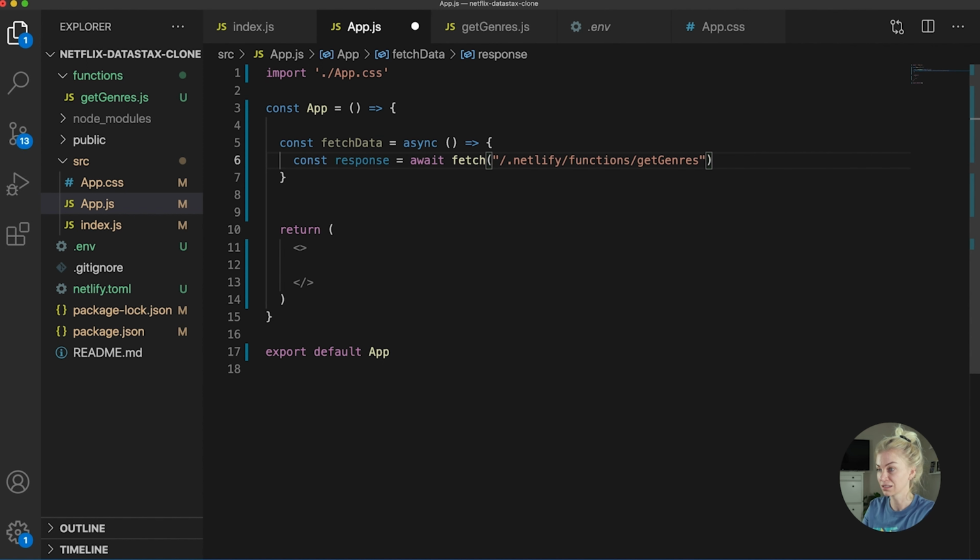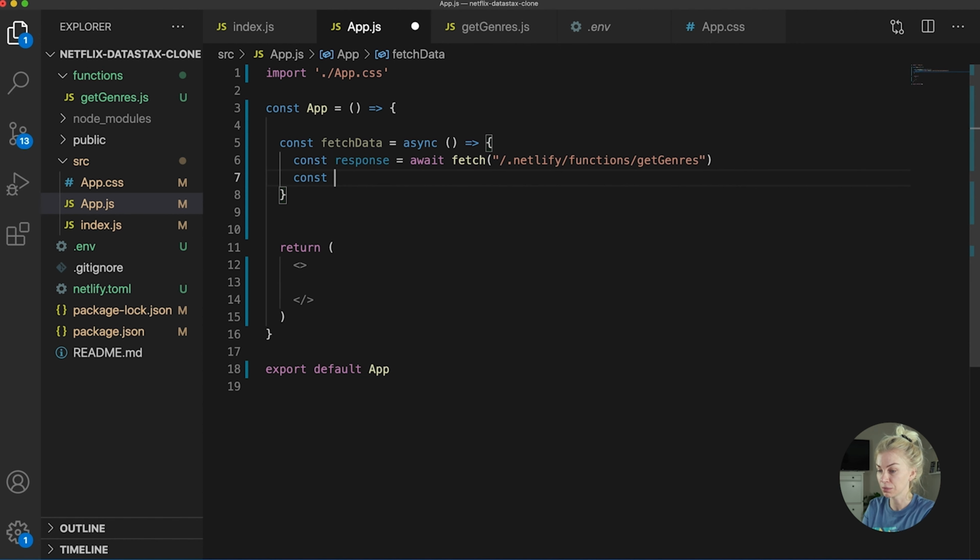Fetch this URL, okay? Let's just fetch it for now. We're not going to bother doing anything quite yet. So we're going to fetch that data, and then